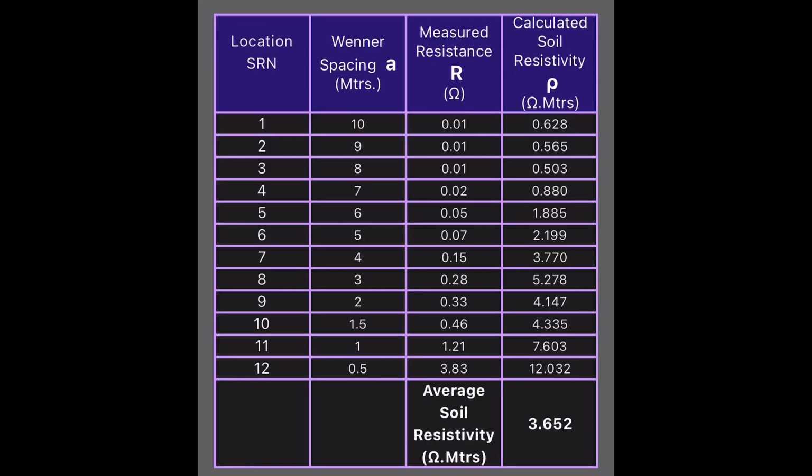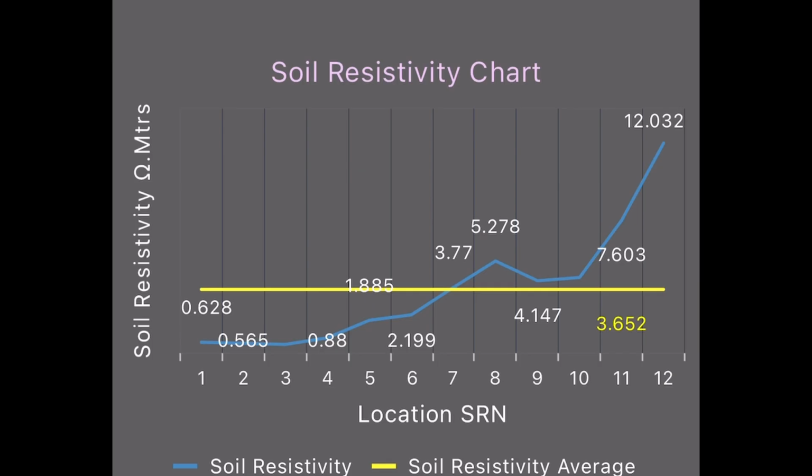This table lists the data that have been entered along with the corresponding soil resistivity values. At the bottom of the table, the average soil resistivity of the 12 entries is displayed. The chart below the table represents the graph of soil resistivity values in blue, with their average shown as a